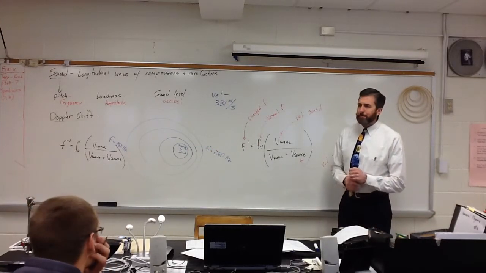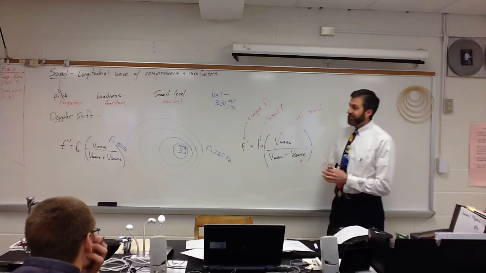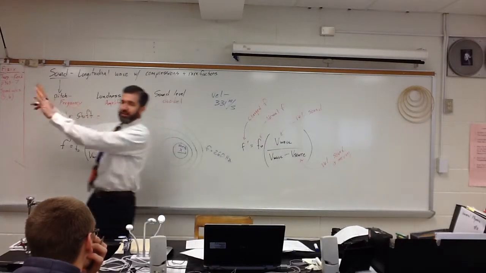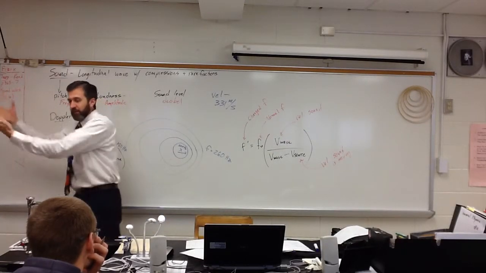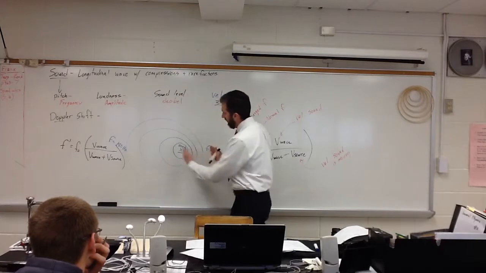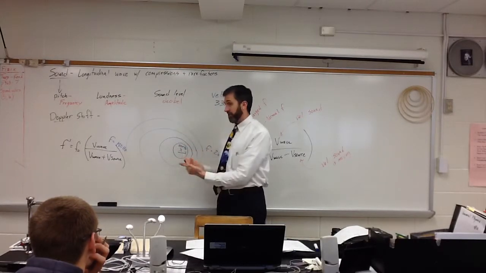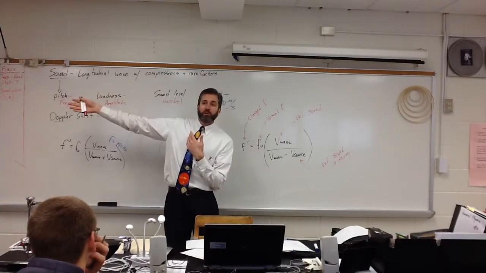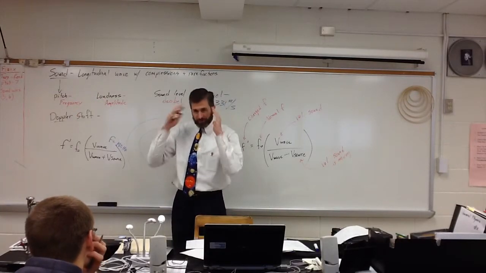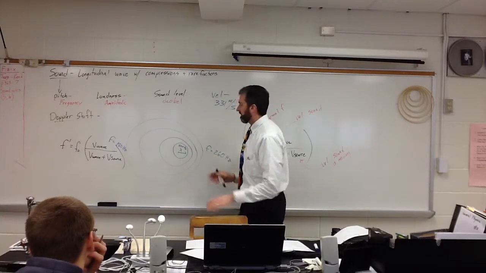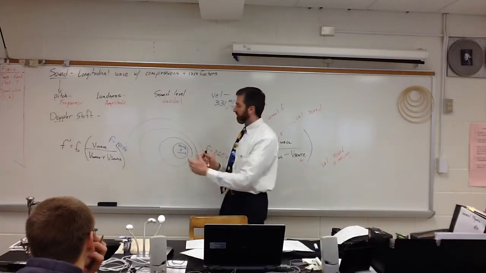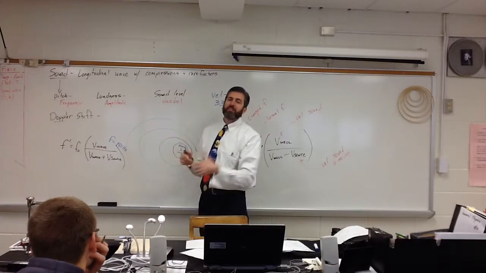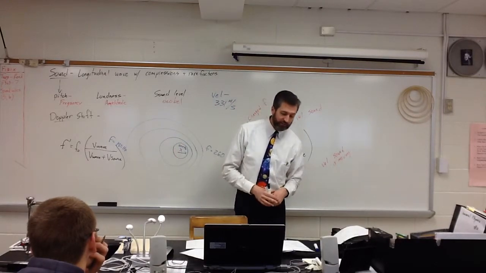Which way the clouds are moving. Yeah, because it's sending out a signal. Think of it just sending out a signal. Boom! That signal will hit clouds and weather, and it'll bounce back. If the waves are closer together, that tells you the weather's coming towards you. If the waves are further apart, it tells you the weather's going away from you. That's the most simple thought process of how this works. But then based on how fast it's moving towards or away, that's going to change the Doppler shift, and the computer can calculate exactly what's going on.